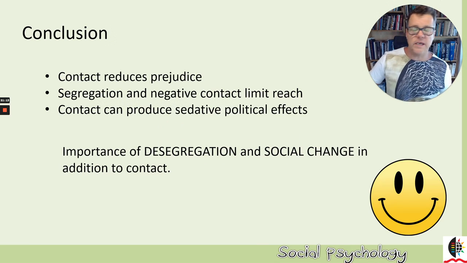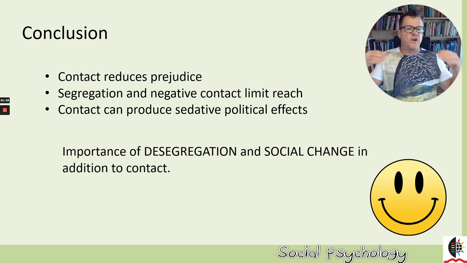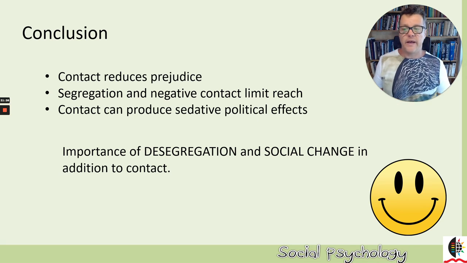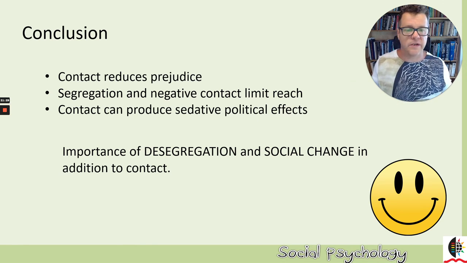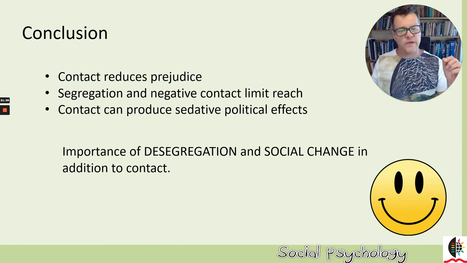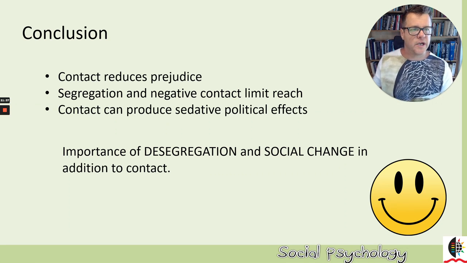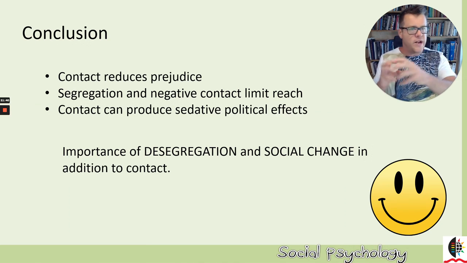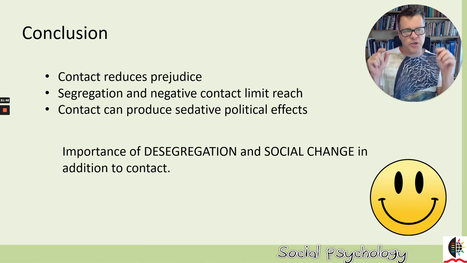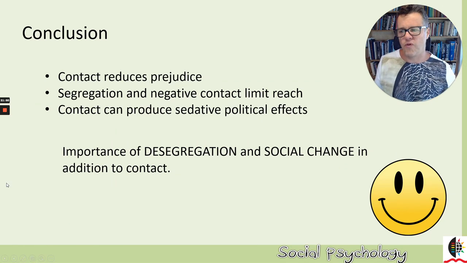So in conclusion, yes, there's lots of evidence that contact reduces prejudice. But there are new patterns of segregation and negative contact that limit the effects of contact, and finally, contact can produce sedative political effects. But it does emphasize for us the importance of desegregation and social change. You remember in a previous lecture we spoke about radical forms of transformation. We need not just to bring individuals into interpersonal contact, we need systemic changes in our schools and in our institutions to produce optimal forms of social